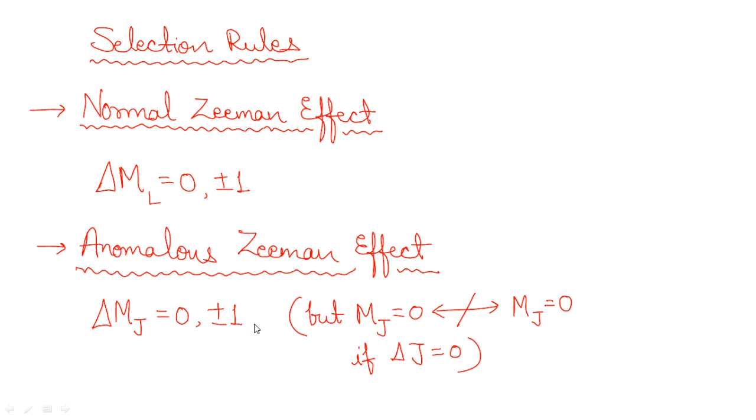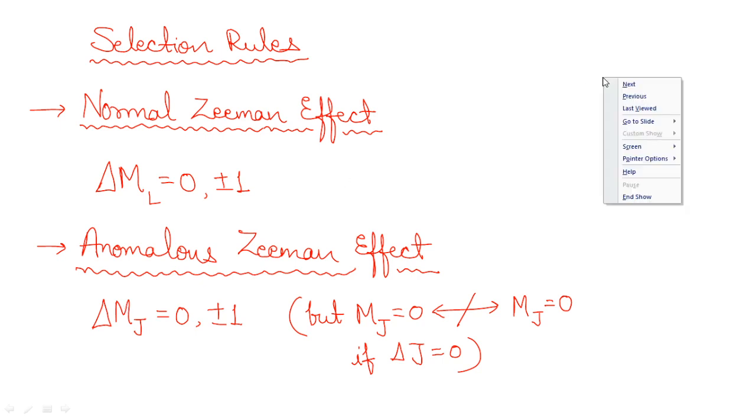The selection rule for the normal Zeeman effect is delta ml is equal to 0 and plus minus 1. For any states for which you get delta ml is equal to 0, plus 1 or minus 1, you will be able to consider the transition corresponding to this rule. Clear? Next, the anomalous Zeeman effect. In this case, the selection rule is related to delta mj, and it will be 0 or plus minus 1. Clear? But why here delta ml and why here delta mj? Let's talk about it a little bit.